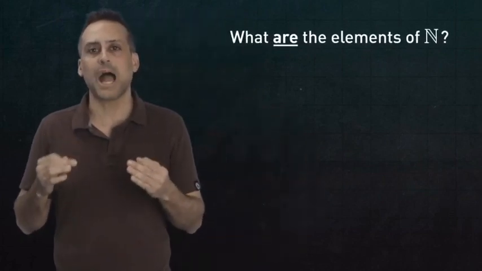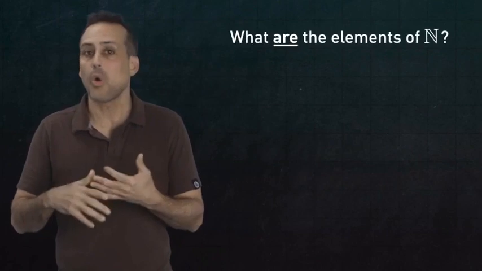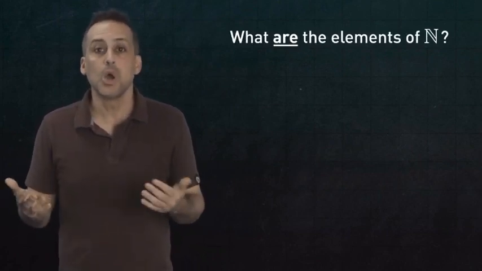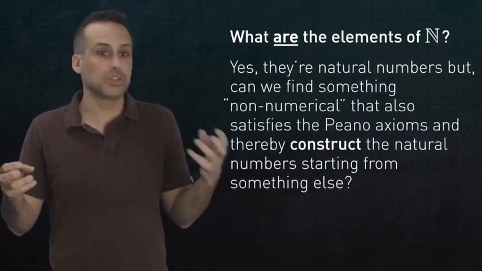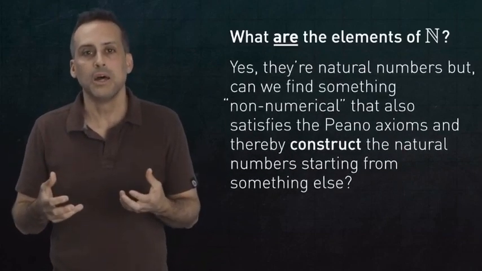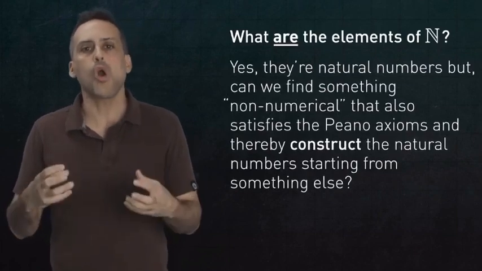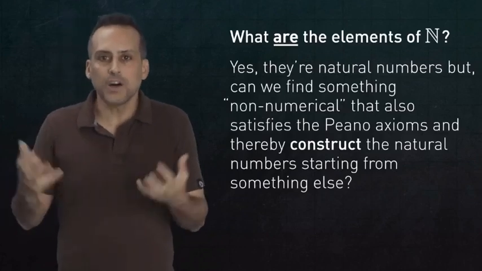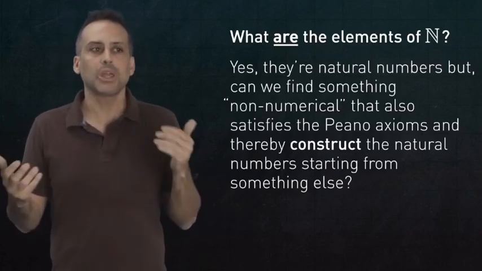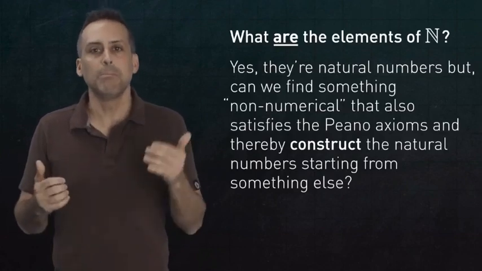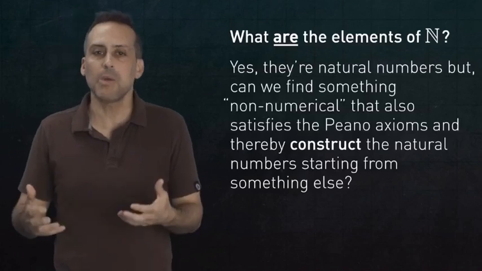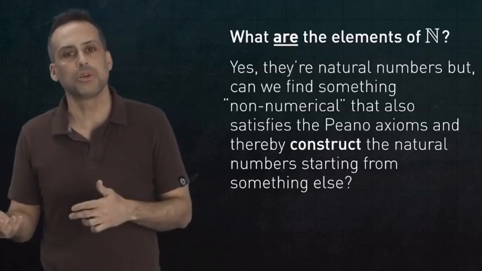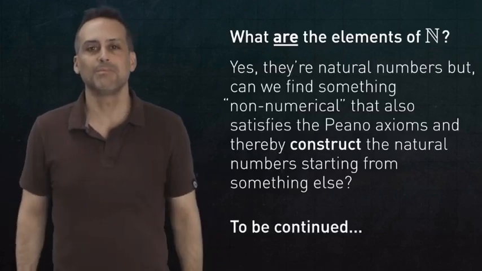Second loose end. We arrived at a notion of successorship, and we built a set that contains entities related to one another by iterated succession. But we never specified what those entities actually were, what Zelda, or zero, or any other members of N actually are. We just asserted that here's a thing, and here's some other things, and they're all in this set N. But we're leaving open the question, what are those things? Are they irreducible fundamental ingredients in the mathematical pyramid? Or can even these entities, the natural numbers, be built out of simpler entities in the same way that the integers get built from the naturals? We'll answer that next time, and I'll see you then.